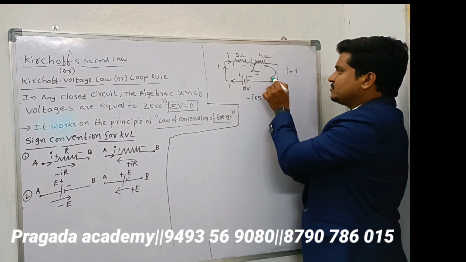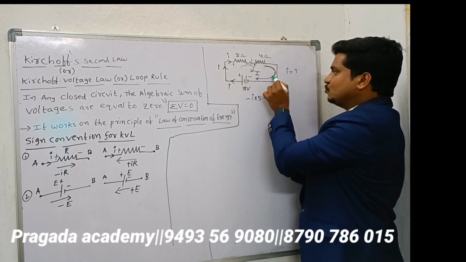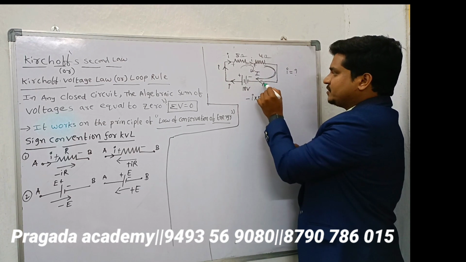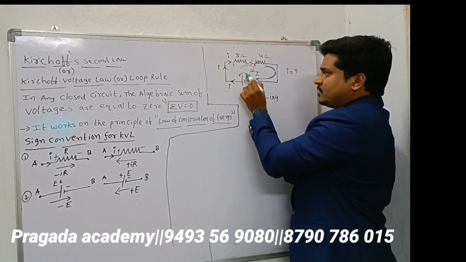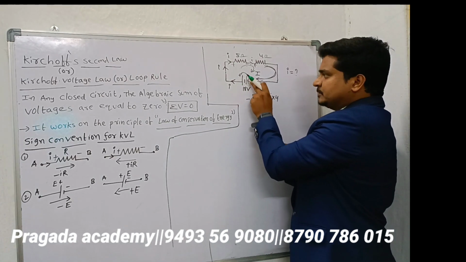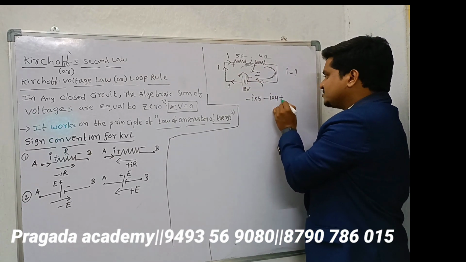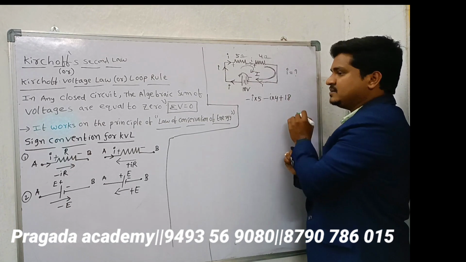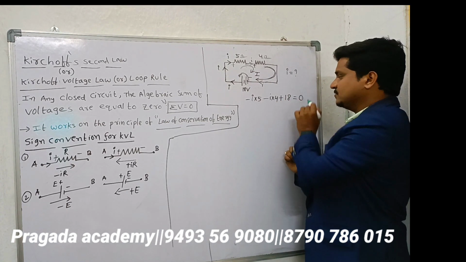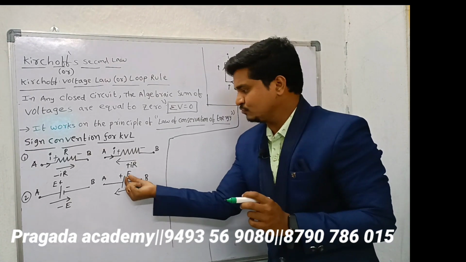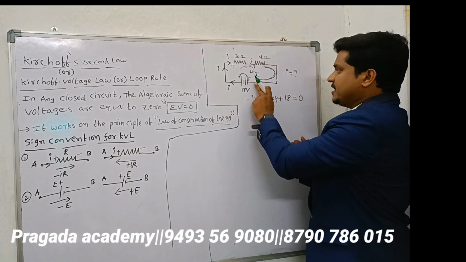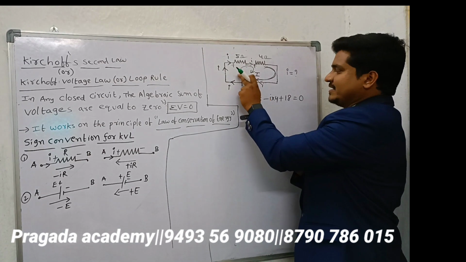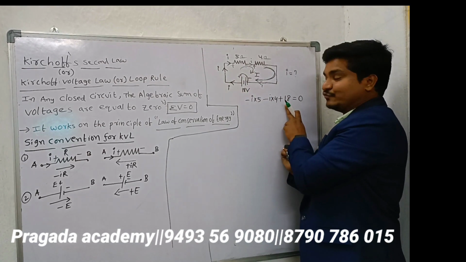And the same current is flowing like this. What sign convention we took for the loop, we need to follow that. So I is flowing here, and here the current is flowing from lower potential to higher potential. If the current is flowing from lower potential to higher potential, you need to consider that value as plus 18 V equal to 0. See, the current is moving from negative to positive, lower to higher, so we need to take plus 18 volt.